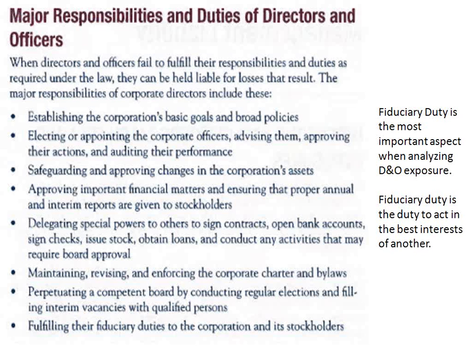And the last one is the one that the book talks about as the biggest focus: fulfilling their fiduciary duties to the corporation and stockholders. And that really is ultimately what a board member is going to be held accountable for the most. When you look at it from a D&O perspective, fiduciary duty is the duty to act in the best interest of another. In other words, you can't look at your own self-interest. As a fiduciary, you have to look out for others, and even though you may gain by a certain decision, it's when you start looking at how you can gain that you start getting in trouble.